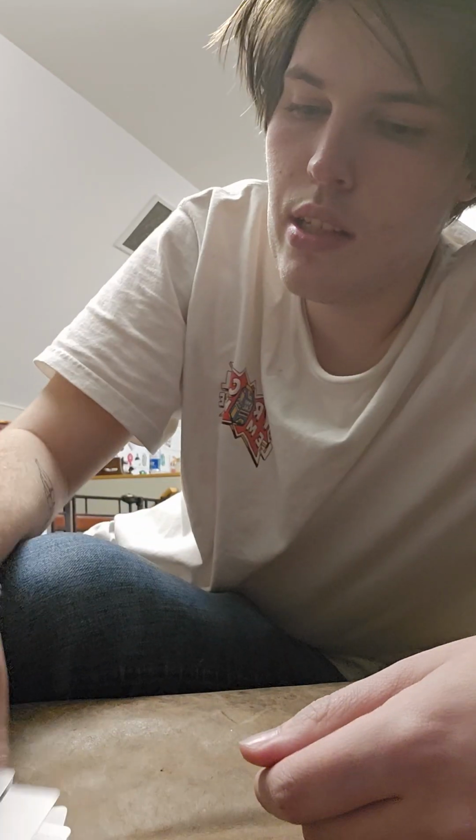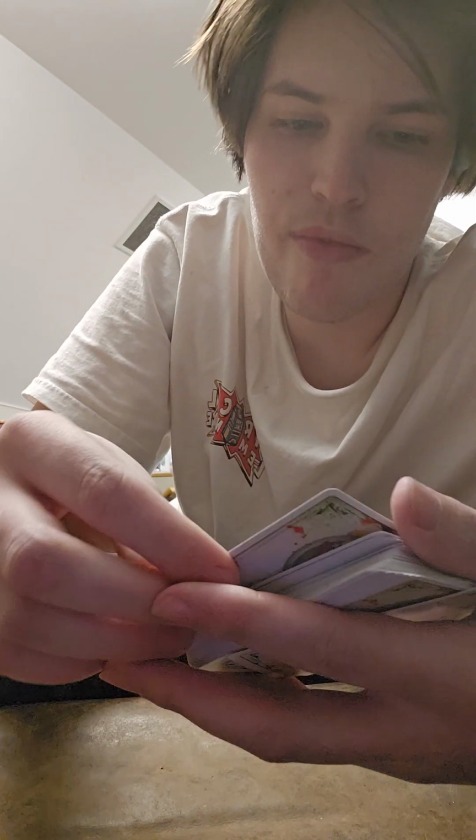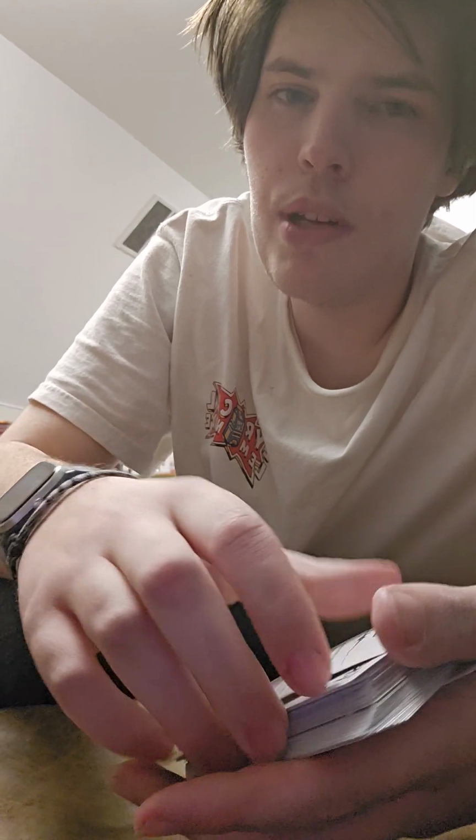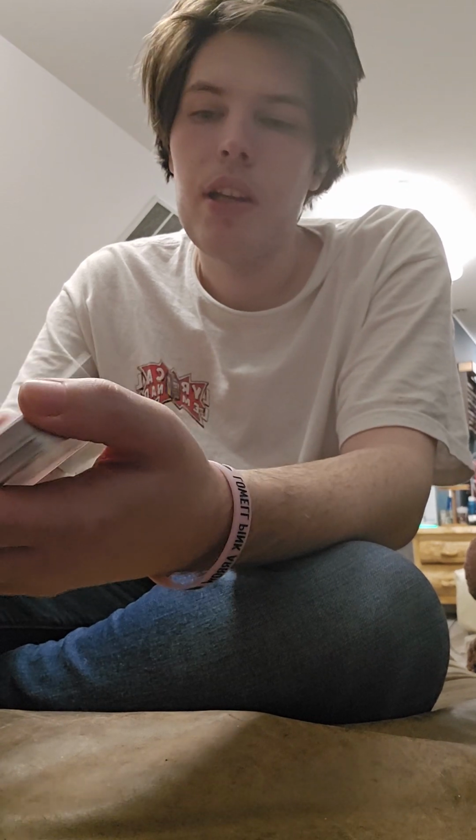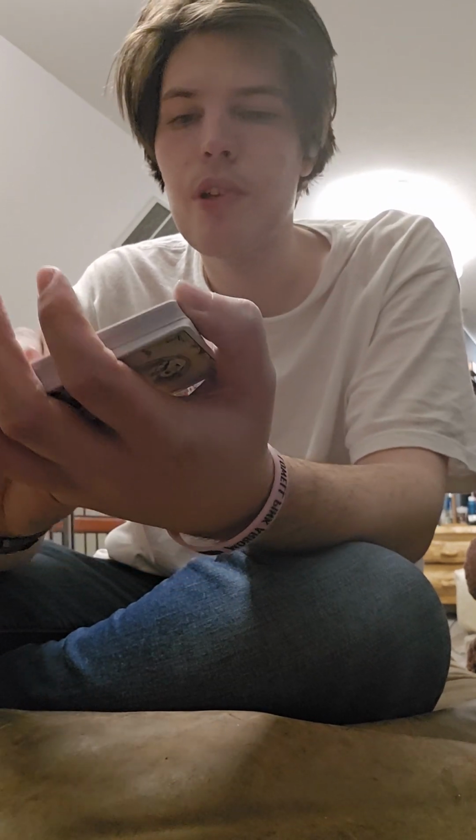So let's get into the cards. These are some very cool cards. I've been reviewing pretty normal cards for the most part so far in my reviews. I do have some crazy ones though. Obviously the Stranger and Stranger Ultimate deck, the Cabinetarium, and